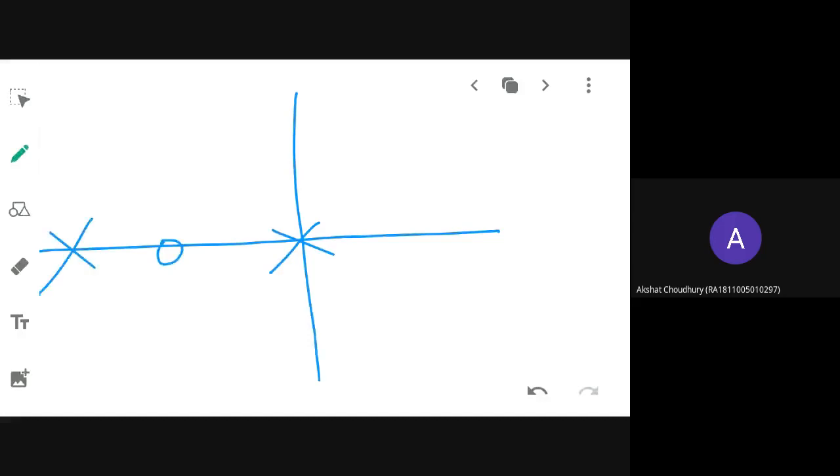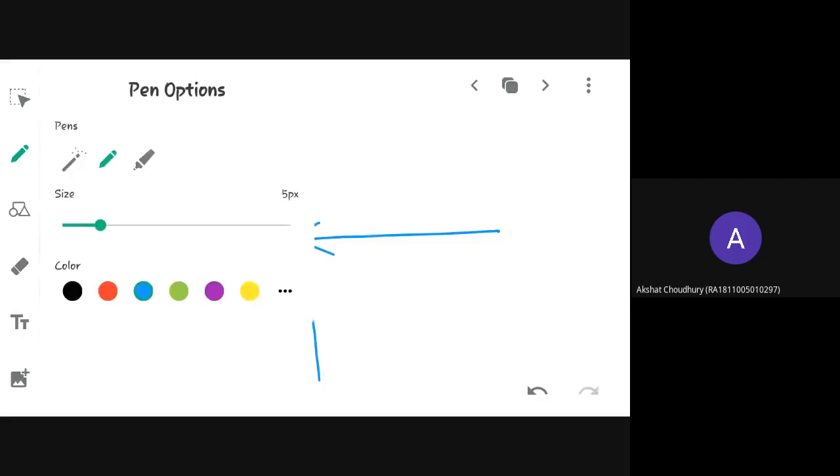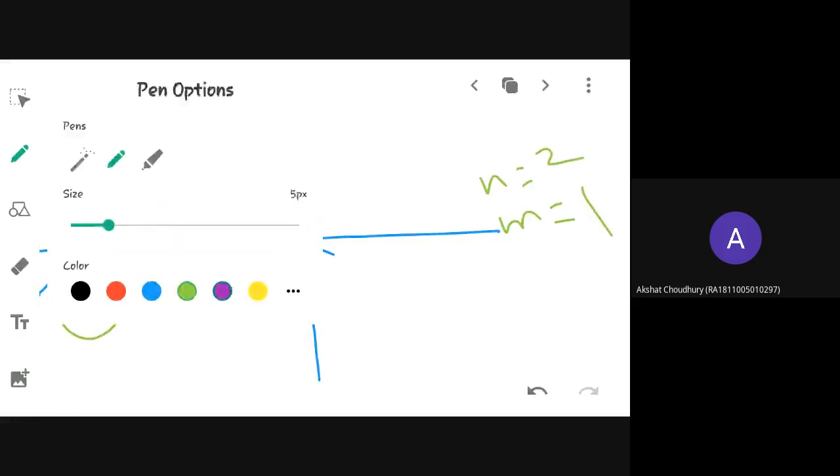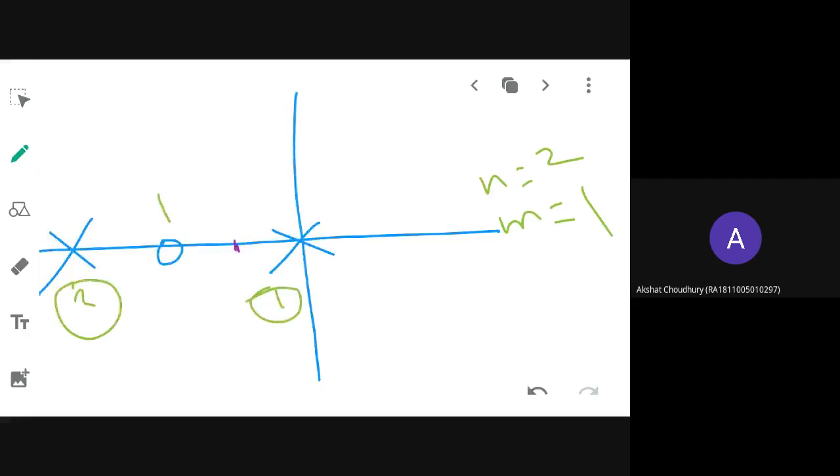How many poles and how many zeros are there in this problem? 2 poles, 1 zero. So n is equal to 2. M is the number of zeros. You mark it as a small circle. So this is a zero, so M is equal to 1. In this case, if you want to find out whether the root locus is present, keep a trial point here. Note down to this side how many poles and zeros there are. 1. Again this portion you have to thicken up and mark the direction. This is branch number 1.